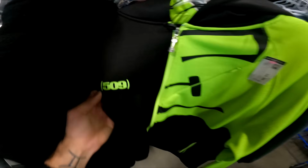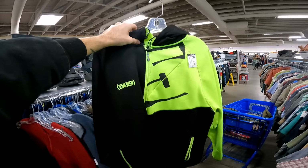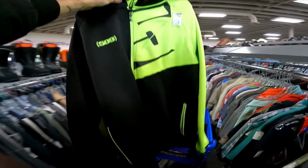This is another really good brand you need to look out for. It's just $5.09. This is $4.99, and I just sold a jacket like this recently for $60, and it sold very quickly. And I actually had it listed for $70 and took an offer, so that is a huge score